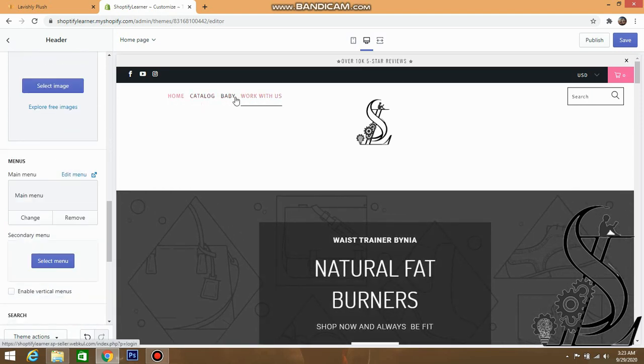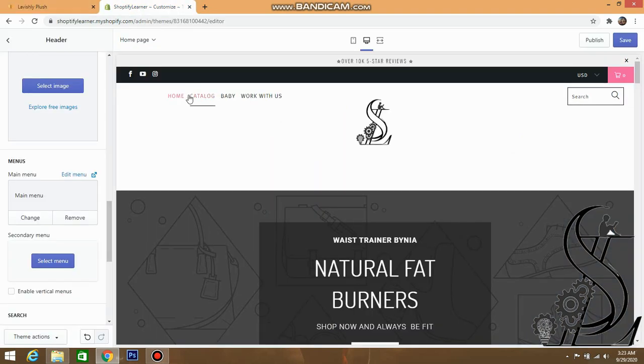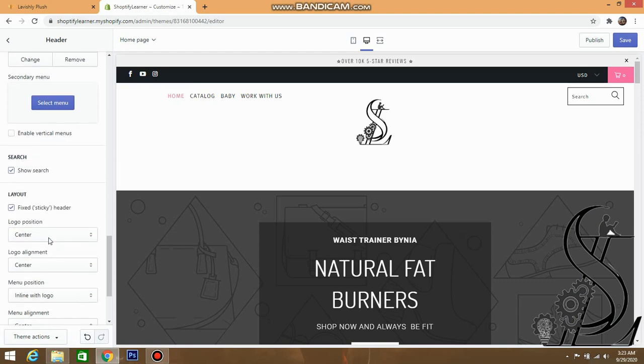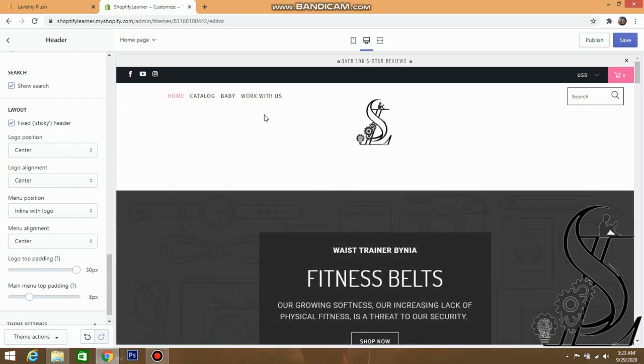We already selected the main menu. This theme's main menu is different. We can design it according to our store. In the header section there is a layout option, so you can adjust your menu and logo in this way so it looks great.